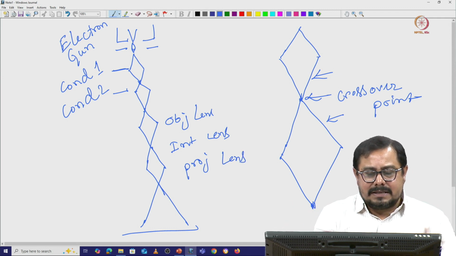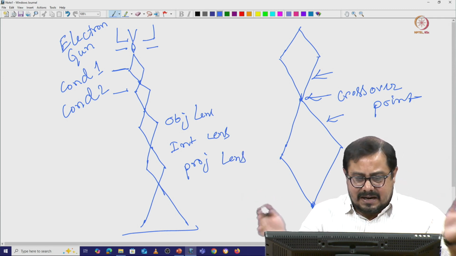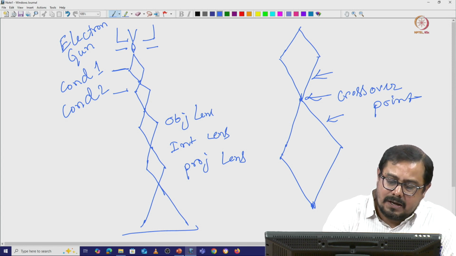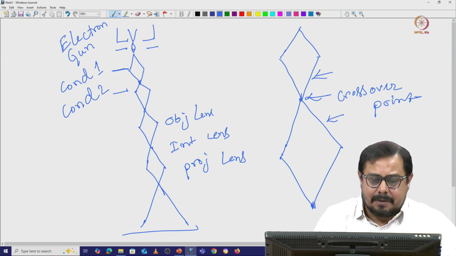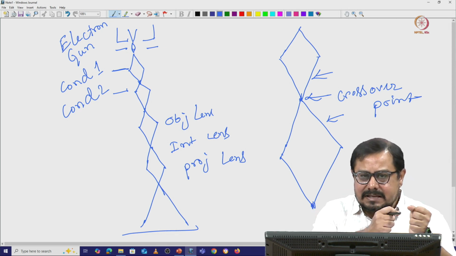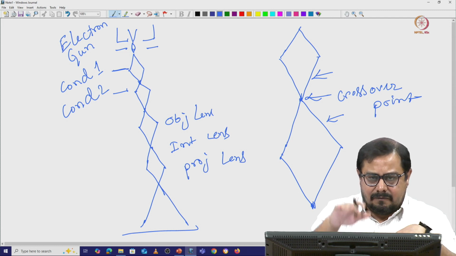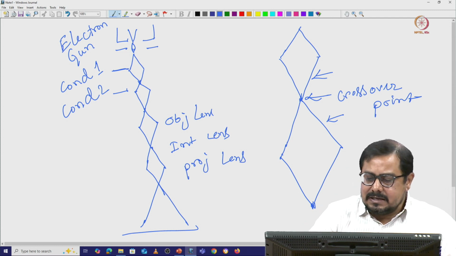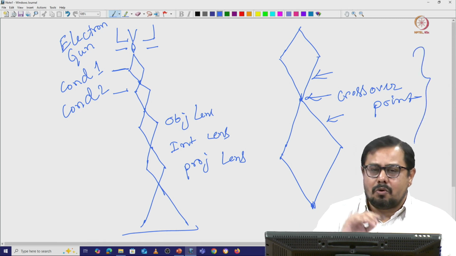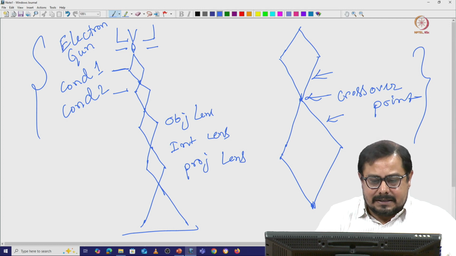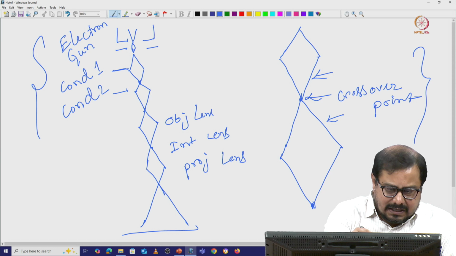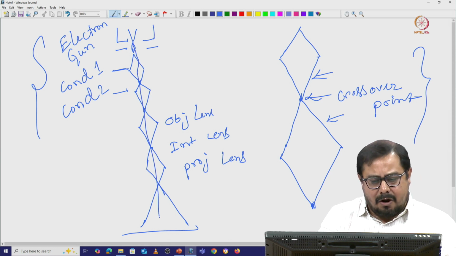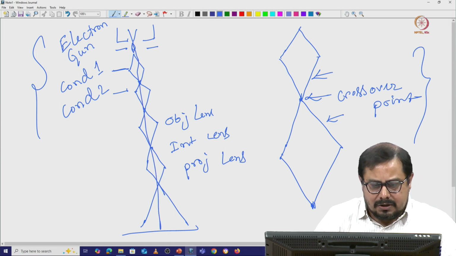So here the electron beam will always converge and diverge, and the crossover point will vary. In this case, we are not changing the lens; we are just changing the magnetic field of the lens, and thereby changing its crossover point. We will talk about that when we discuss the electromagnetic lens, but this is a schematic diagram showing how the converging and diverging happens. Here this should be our optical axis, which should always be a straight line.